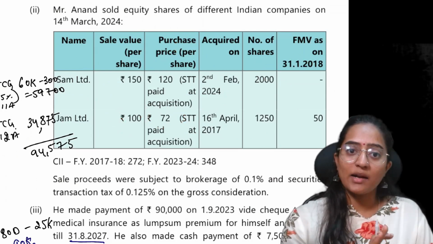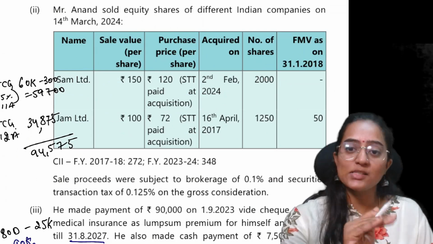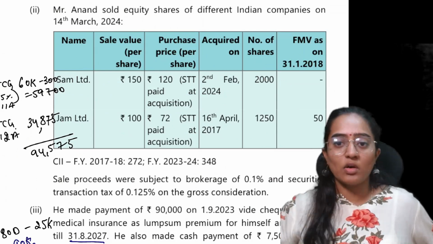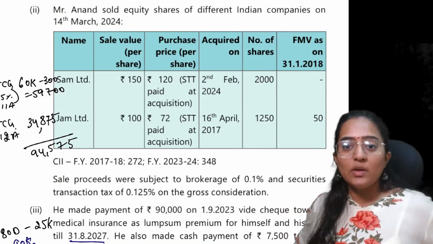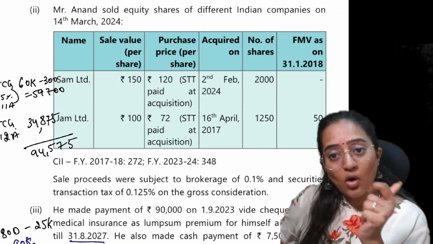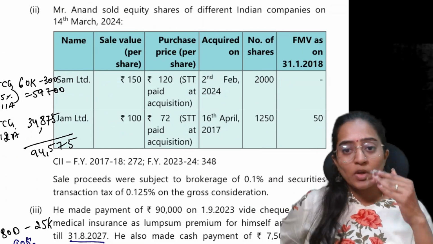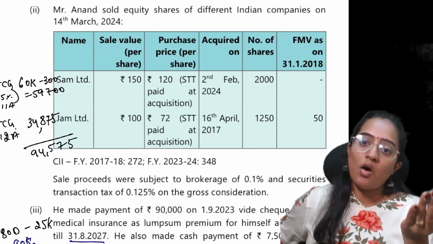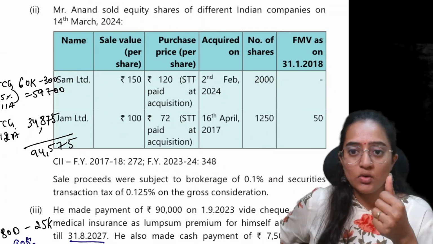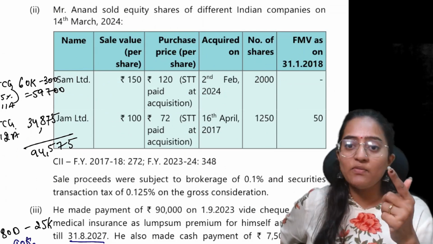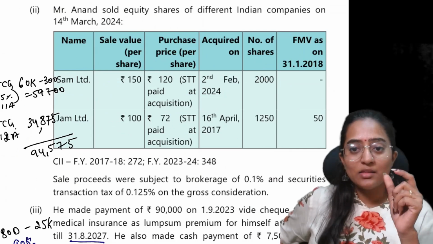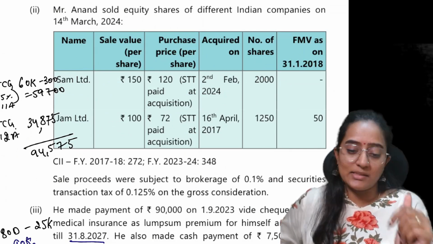Now, applying section 112A over the picture, excess of 1 lakh rupees is going to be taxable at the rate of 10% on the long term capital gain. Correct? Tax will be on excess of 1 lakh, that is at the rate of 10%. How do you determine cost for this 112A? It would be cost of acquisition or lower of the following: the sale value or the fair market value as on 31st March 2018, whichever is lower, out of that you will take that amount with the cost, whichever is higher, you will consider.